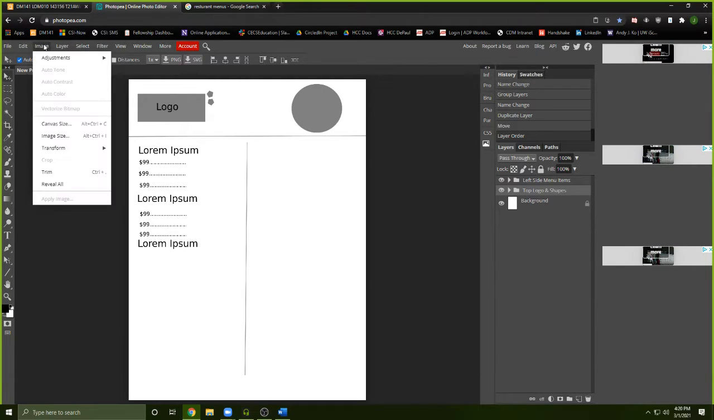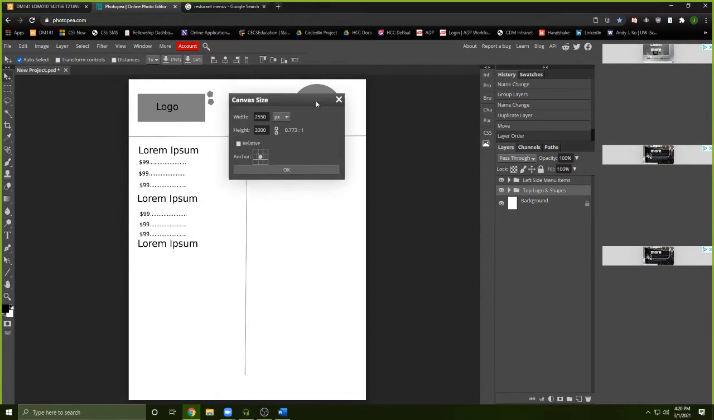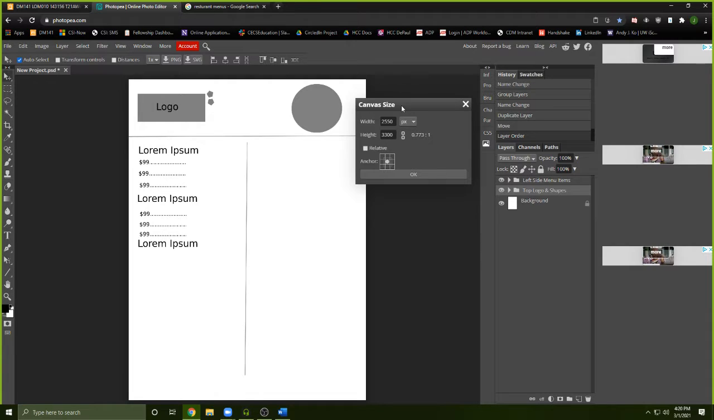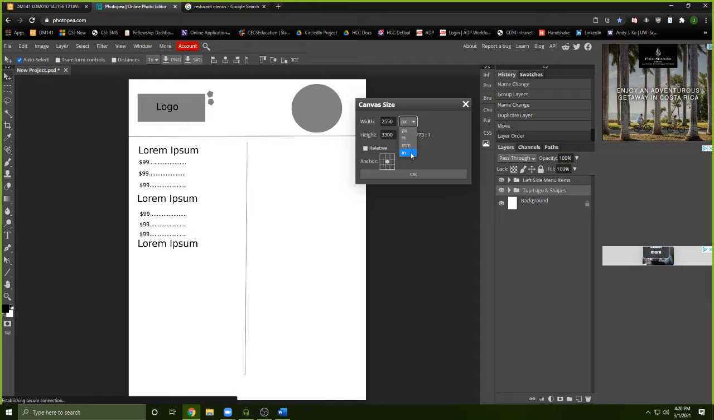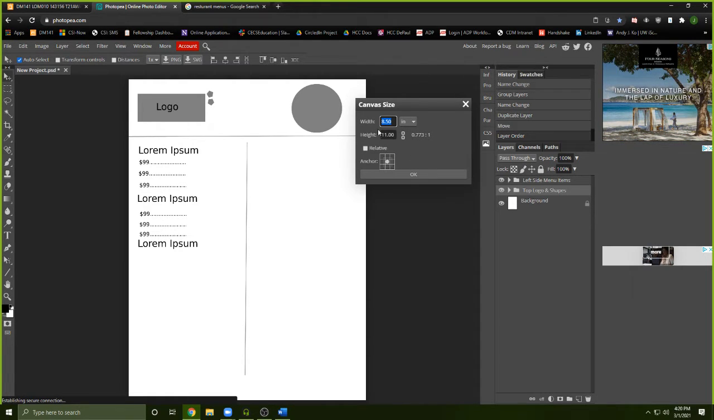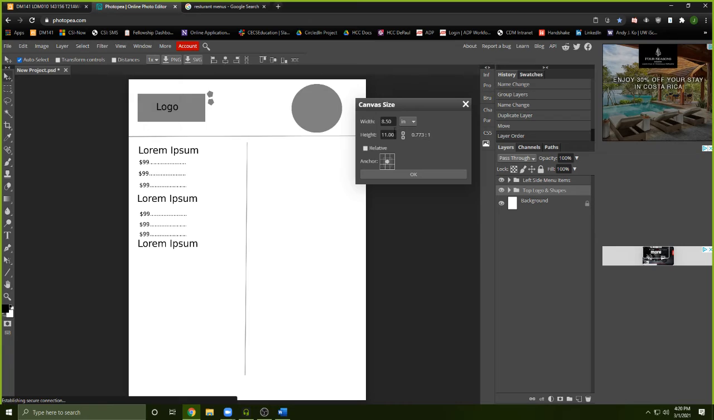What I can do is go up to my image, and then I can go to canvas size, because remember, our canvas is how big the area is that we're working on. And you'll notice here that I'm working in PX, which is pixels. And just because it's easier in my head, I want to make it landscape. So we can click the PX and then go down to inches, or IN. And you'll notice that it lines up perfectly with 8.5 by 11 inches. Now, how do I go about switching this to be horizontal? Well, I can simply just change the